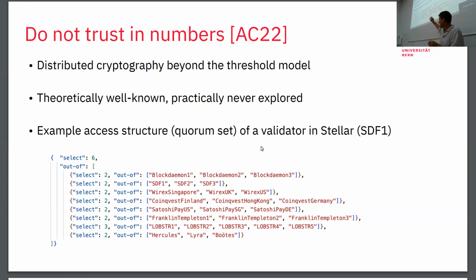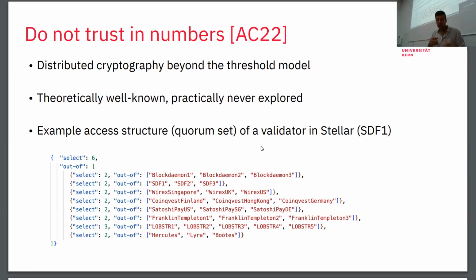However, there are some chains, and I will come to this later, like Stellar, that use sort of non-homogeneous trust structures like this one here. What you see here on the lower half of the slide is the trust configuration of one of the Stellar nodes. So you see here, I think it's 8 or 9 lines, and 6 of these lines have to be satisfied. And in each line, 2 out of, or 3 out of those on the right have to be satisfied. So that's exactly what they also mean by asymmetric trust. They have nodes that are identified by these names, and they have a trust structure that consists of this. They declare the nodes that they trust in a config file.